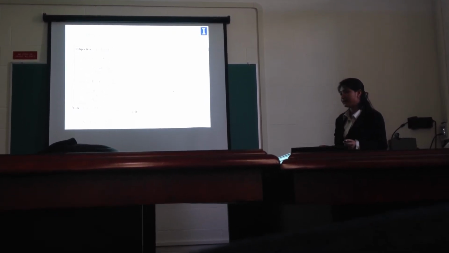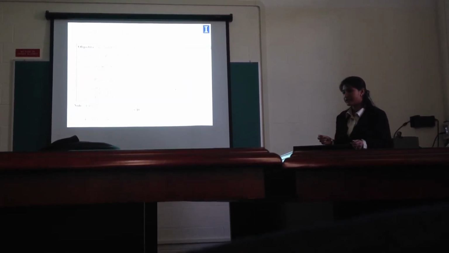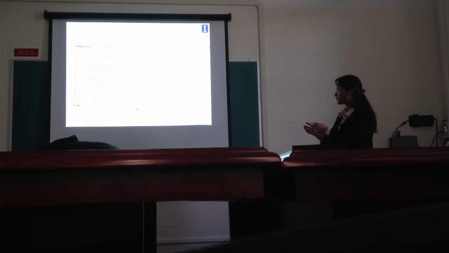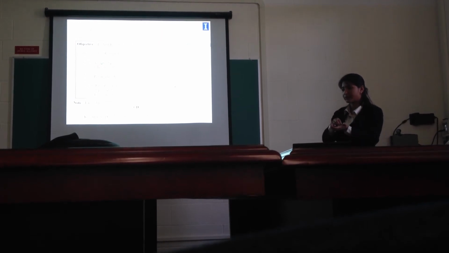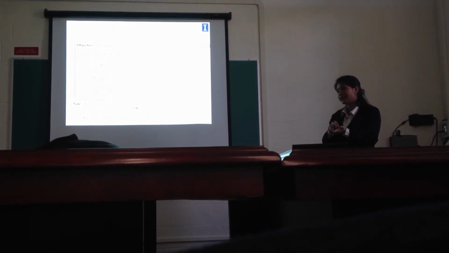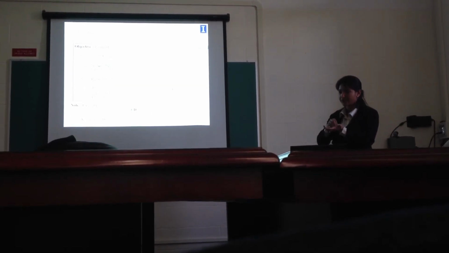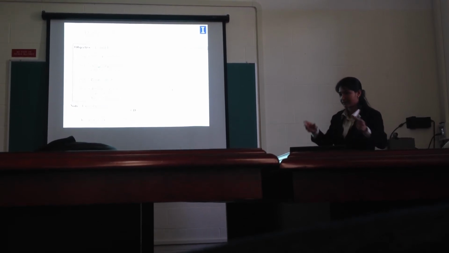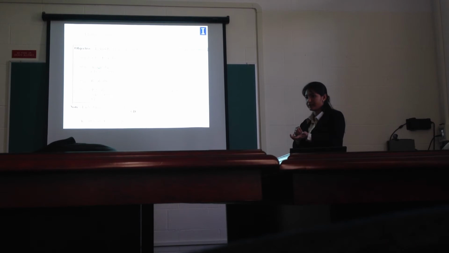Step 3 would be, if I have k objects in the center, what k-means would do is actually find an object which is not one of these objects. We'll come up with a point which may or may not be one of the objects. From that point, it is going to look at the distances of all the objects in that cluster. Whichever is nearest to that point would be my center.